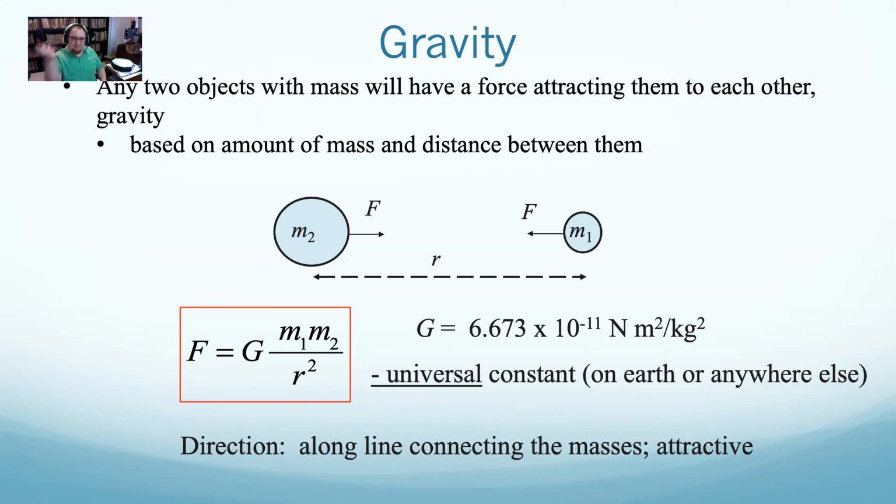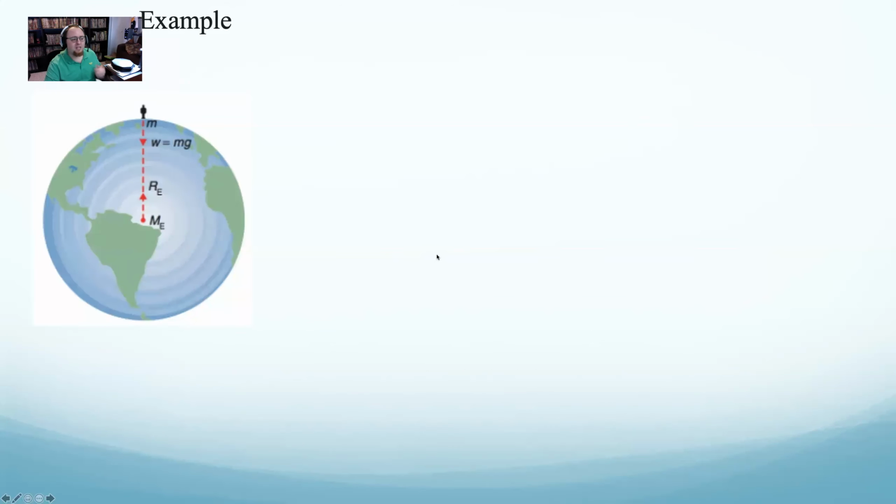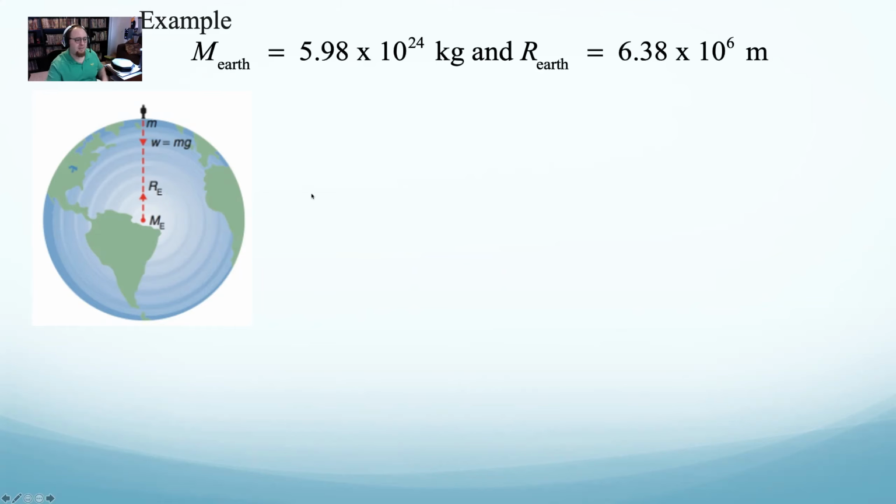That being said, that 9.81 number, how we got that 9.81 number was this equation. We can say that we are on Earth right now. As we are on Earth, we can say that Earth is one object and view us as a second object, and say the force acting on us from Earth. The Earth has a set mass, a set radius, and G is a set value. And we can say the force of gravity between us and the Earth